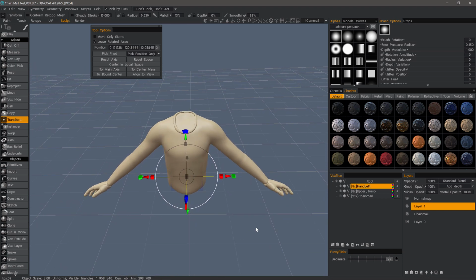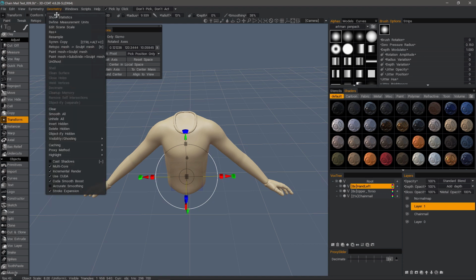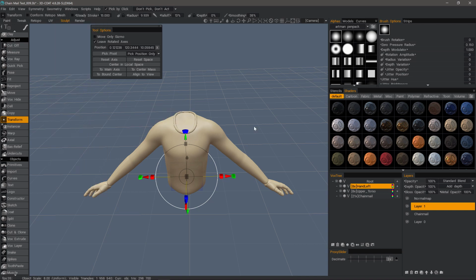Well, there are a couple different ways that you could actually approach it. If you wanted to separate them onto their own individual layers, then what you would do is click the V icon if it's in voxel mode, because it does not have what's called an Objectify option like you have in surface mode. So again, I would click that and it would put this layer into surface mode where it's only geometry. Then in a geometry section, you would choose Objectify. It will separate them onto their own individual layers,